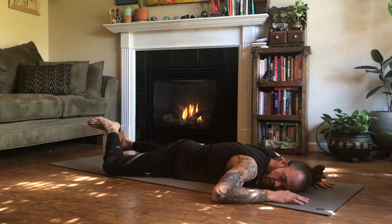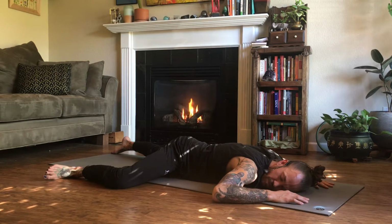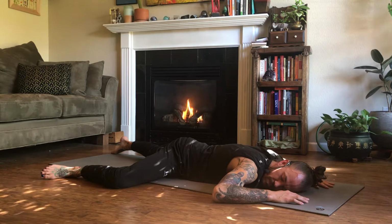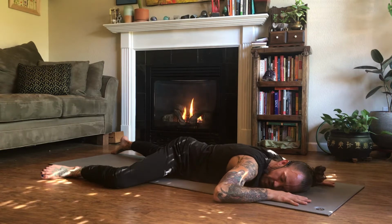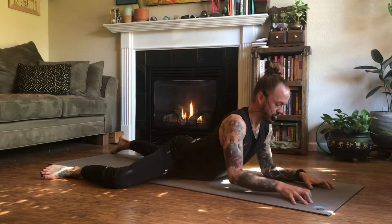Then from here, let's bring our right knee right up the mat. Right knee in line with the right hip, right sole of the foot right into the mat. So into our half frog. Then we're going to add our Sphinx back into this. Keeping the right knee where it's at, gently press into the hands, and come back into our Sphinx